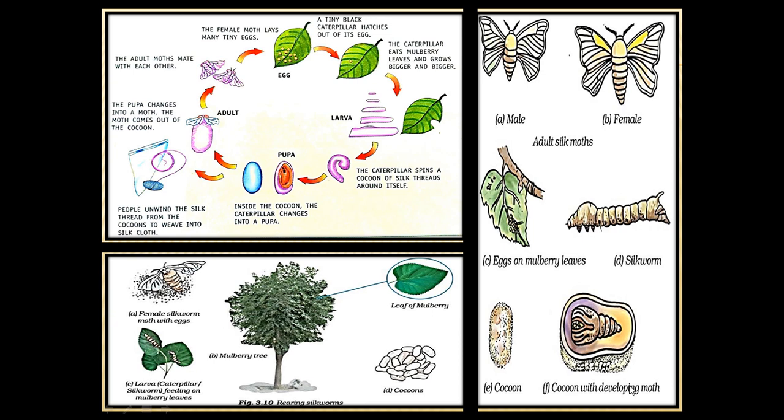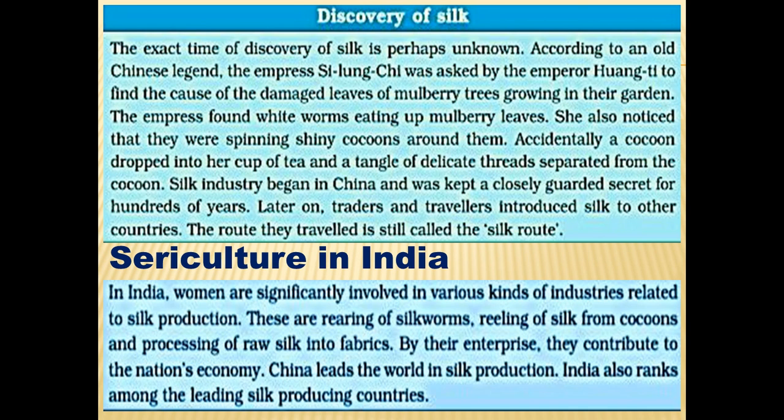Generally, it's a very cruel activity, but nowadays there is a different kind of silk in which killing of the cocoon is not required, because earlier this news was on fire from the animal rights people. So alternatives have been found, and nowadays only the non-violent silk is in the market. Generally, the exact time of discovery of silk, as I said in the beginning, is perhaps